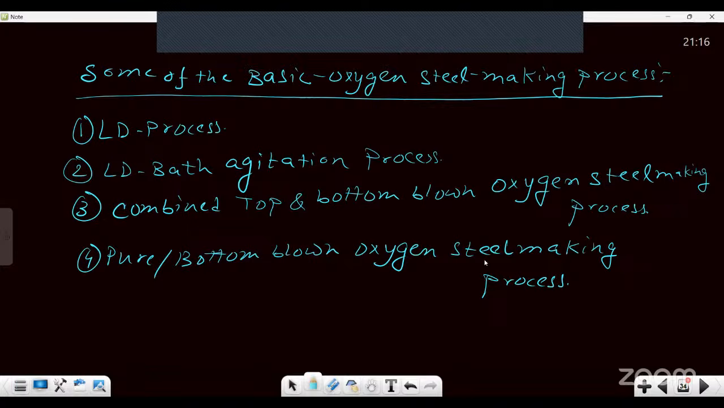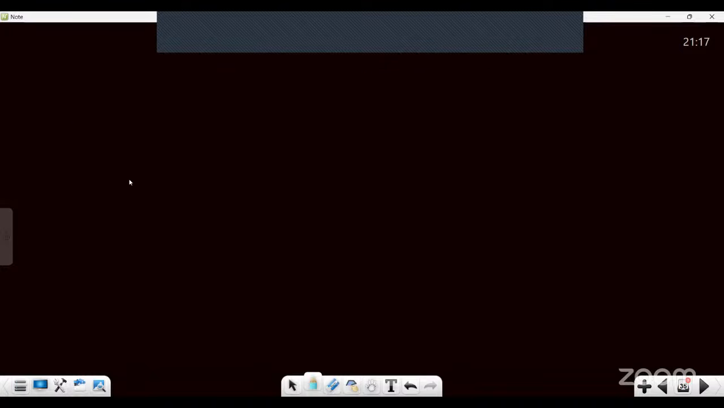So, lining of the LD process, like I said, is basic. It is basically basic lining, so it should be magnesite or dolomite. Now, one important thing